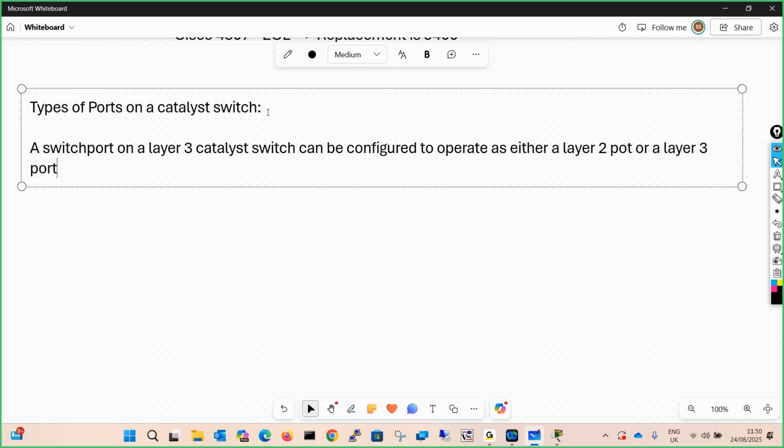If you have a switch, you can decide whether you want the port of the switch to work as layer 2 or layer 3. We will see now how to do that.